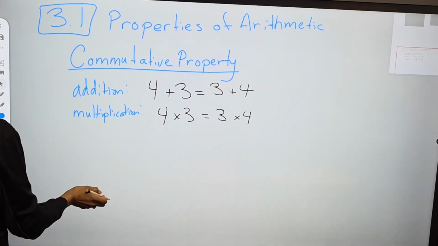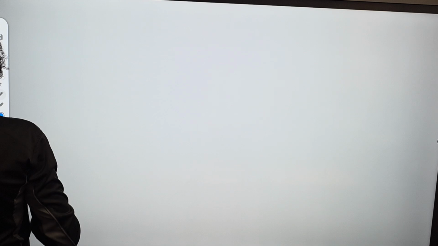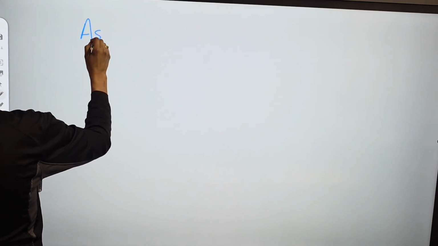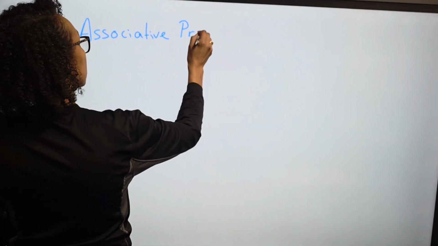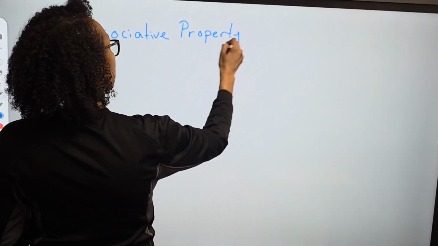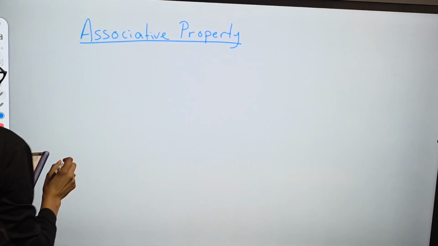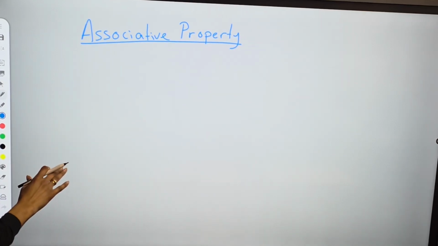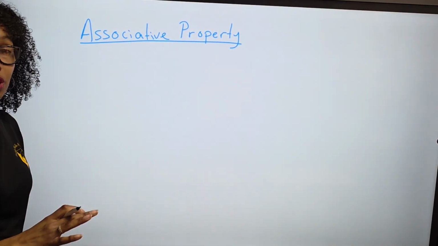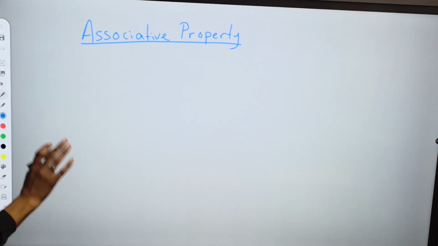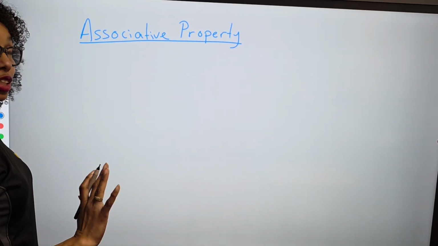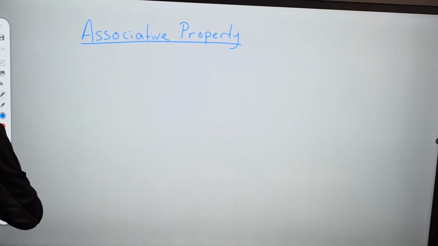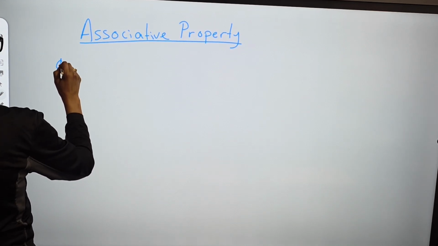The next property is the associative property. And the associative property also deals with numbers in order, but we're not changing the order this time. We'll change the order that we do the calculation, but the order of the numbers does not change, okay? And there's one for addition and multiplication. So for addition,